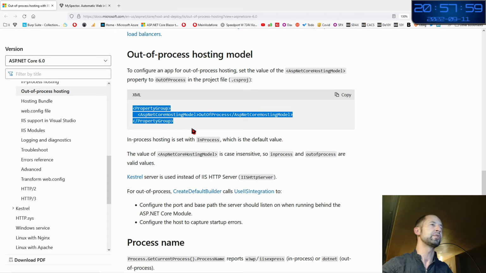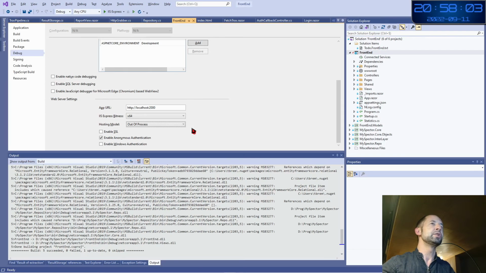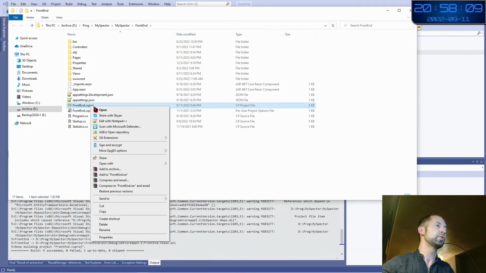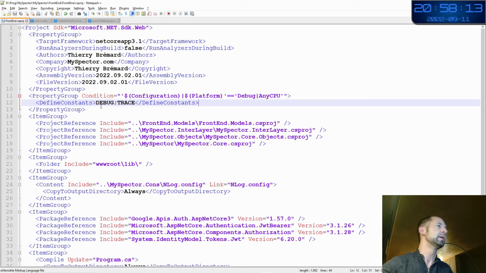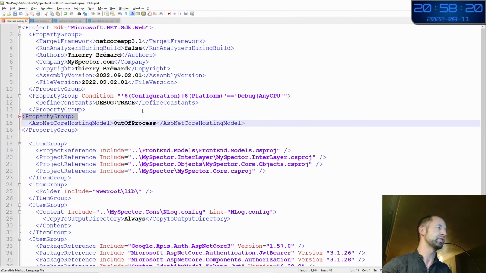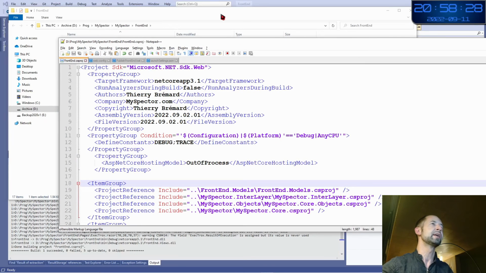So we are going to take the property group ASP.NET Core, and I'm going to this front end open containing folder, then I go to Notepad, I am impacting it. Here I have some property group. Here I put a new property group, I pasted what is in the documentation of Microsoft, I save this. This is now in the csproj of my front-end project. I save it.